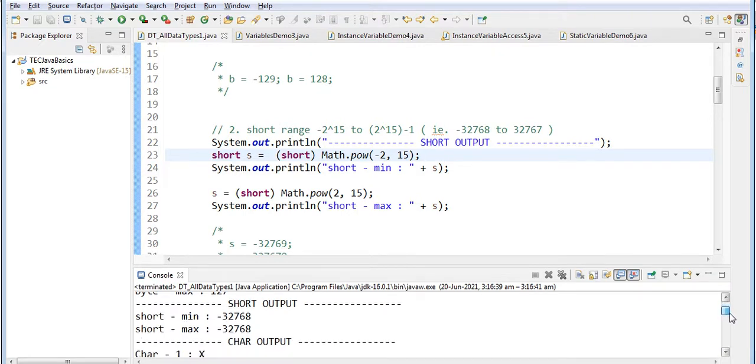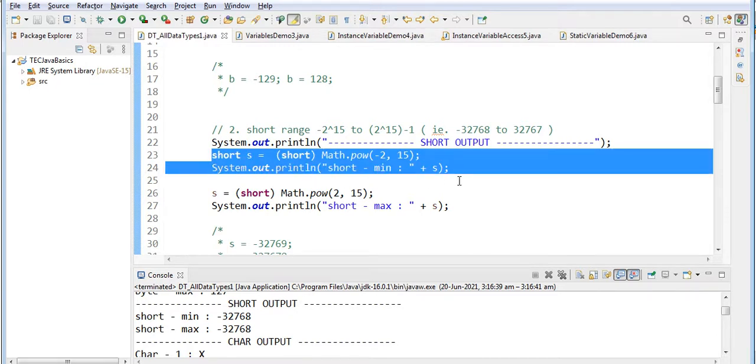The minimum is minus 2 to the power of 15 and the maximum value is 2 to the power of 15.